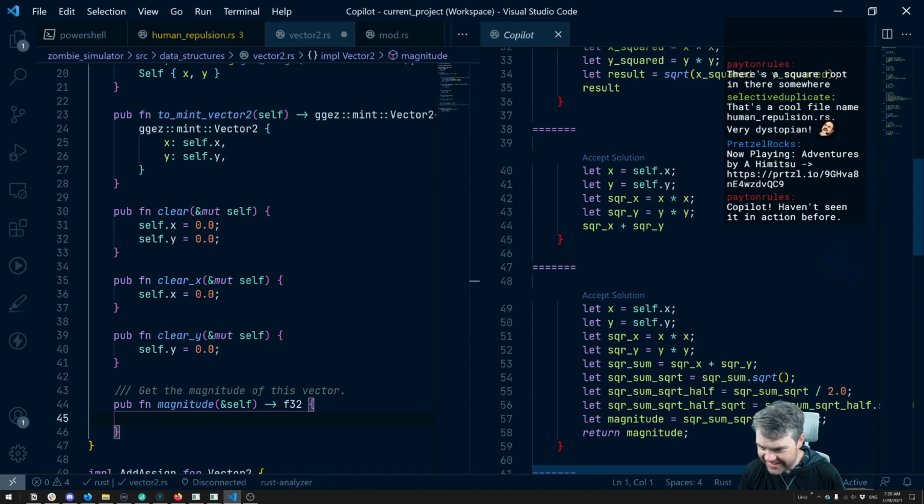What is this doing? Square root. Okay. So you know what these solutions look like? These solutions